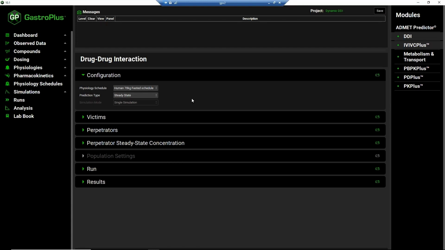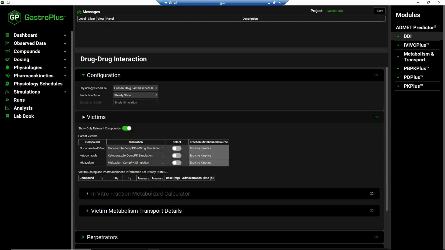Let's first run a steady state DDI prediction. So we'd need to select the prediction type as steady state. We then expand the victims panel to select a victim compound. It is important to remember that for a compound to appear in the DDI module in either the victims or perpetrators panels, it must be part of a simulation, as a simulation contains the required assets of a compound, dosing